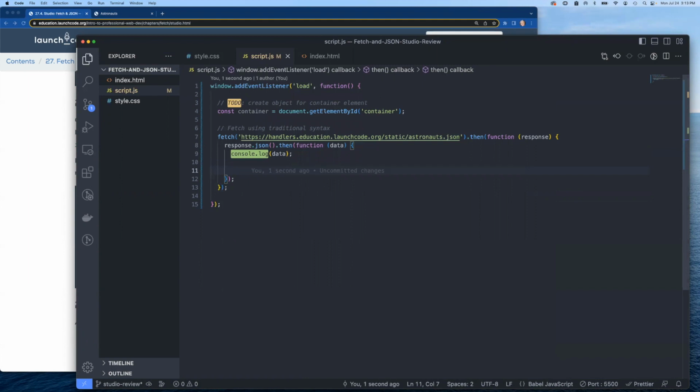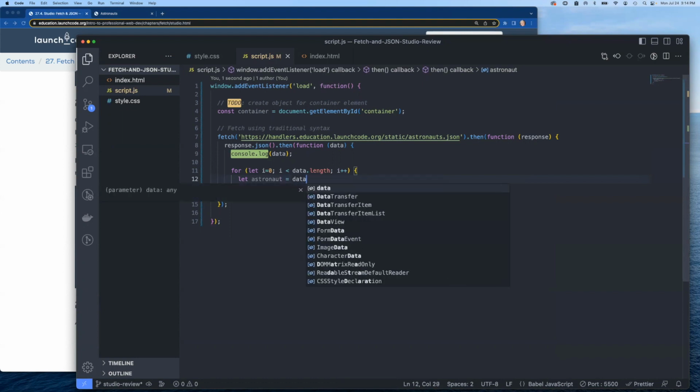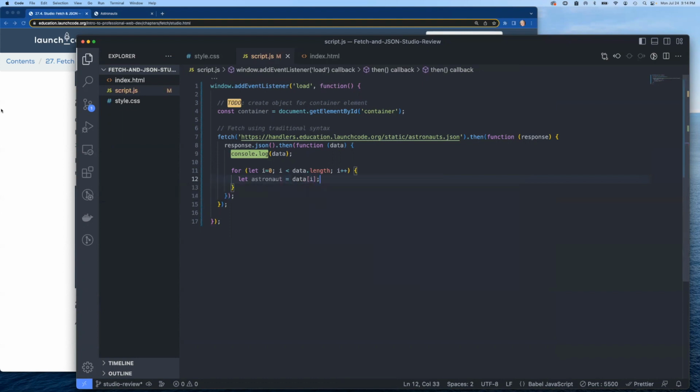We want to start by just setting up a loop. And you can do a classic loop if you'd like, and just go off of the length of the data that came back and say, we'll just go through these one at a time until we're done. And for the sake of this not being super messy with all the bracket index, because we're going to be accessing this data in multiple places, I'm just going to create a local variable called let astronaut. And that tells me this is what this represents. It's not just abstract data. Each one of these that we're looping through represents an astronaut. And then I'll just say, it's data at index i. So that's the object that we're looking at